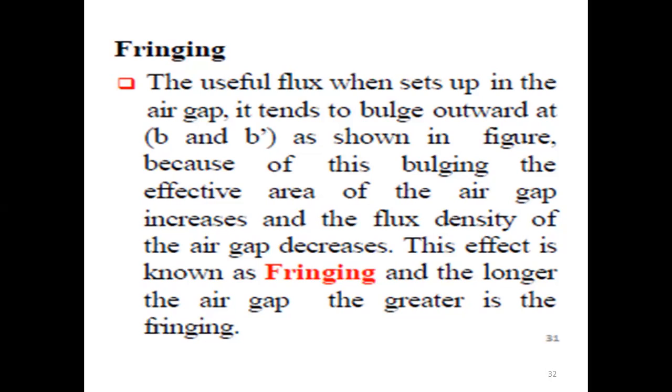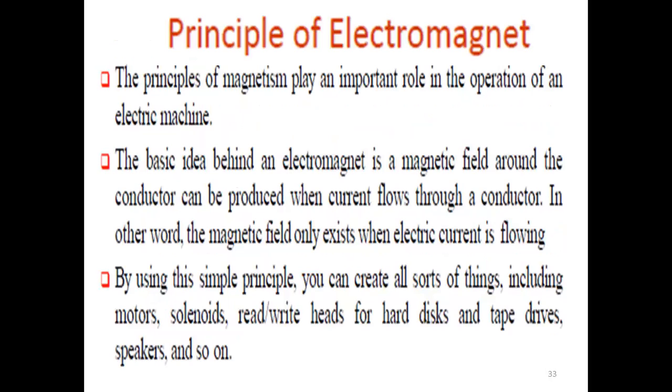So it almost completes the second part of this magnetic circuit unit. That is nothing but what we have discussed: series magnetic circuit with air gap, its problem, leakage and fringing. Up to here it is over. Next we will go for electromagnetic induction. Up to here we have studied magnetic circuit only. Actually we have studied electromagnetic also, but we have not yet discussed it completely. So we will discuss some principles of electromagnetism.